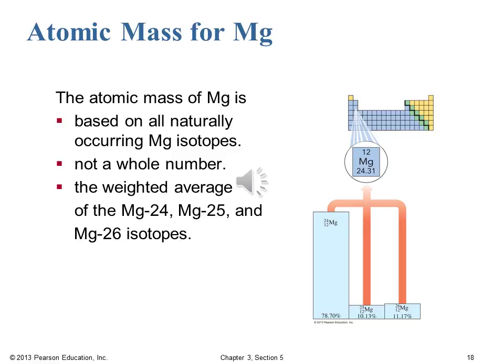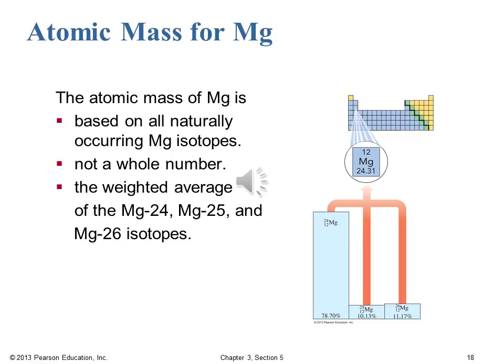So just like for chlorine, if we're looking at the atomic mass for magnesium, the atomic mass of magnesium is based on all the naturally occurring magnesium isotopes. It's not a whole number, and it's the weighted average of the magnesium 24, magnesium 25, and magnesium 26 isotopes. And if you recall, back several slides ago, we saw that magnesium 24 is the most abundant magnesium isotope, and that's why our average atomic mass for magnesium, 24.31, is closest to 24